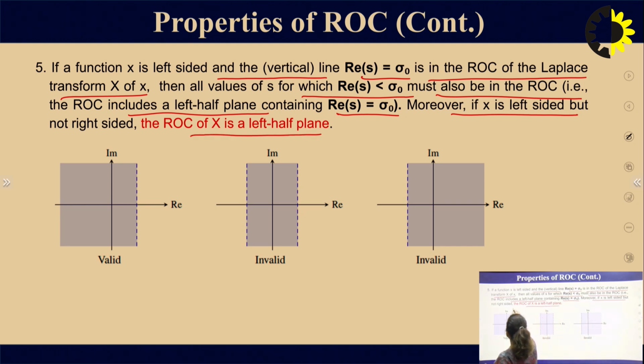So in this figure we have the first ROC which is of left half plane because the pole exists at the right side and the ROC is the left half plane. Similarly, the second figure is in the form of these strips and the ROC is in between the two strips, which is not valid because it's a left sided signal, and the second ROC contains both left and right sided signals. The third ROC contains a right sided signal because the pole exists at the left side. Obviously this ROC is also not valid. So only the first ROC is valid. For the case of the left half plane, we must have the poles at the right side. For the case of the right half plane, we must have the poles at the left side.